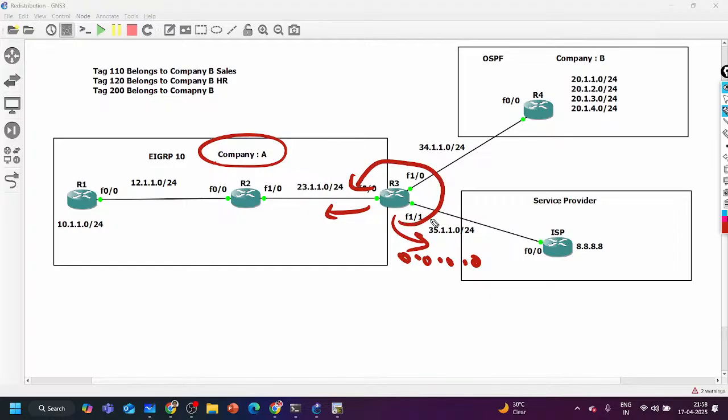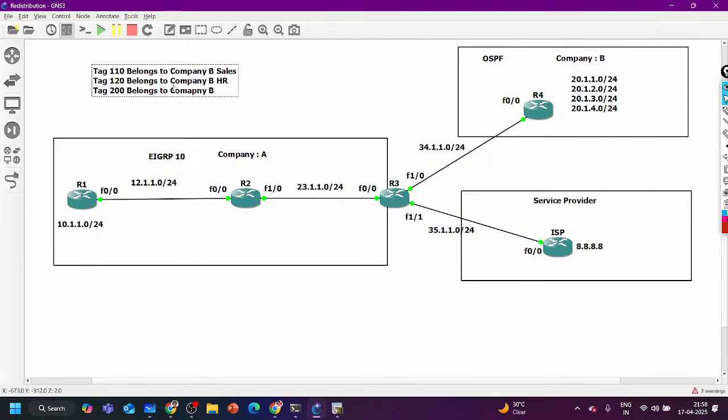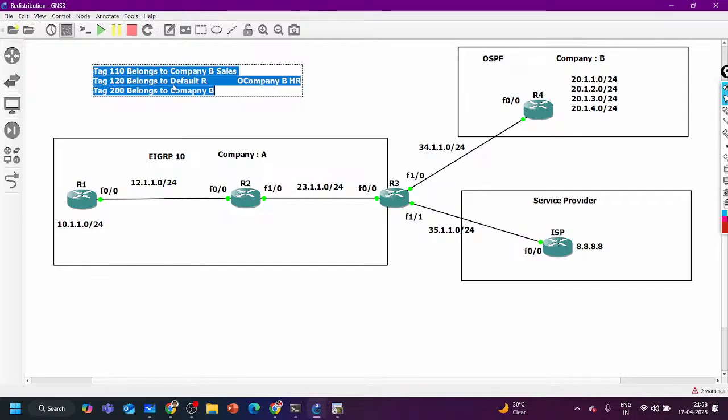If I redistribute this default route in EIGRP, then all the routers will have the default route, correct? And this particular thing is called default route propagation.